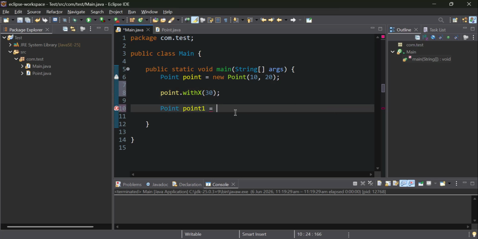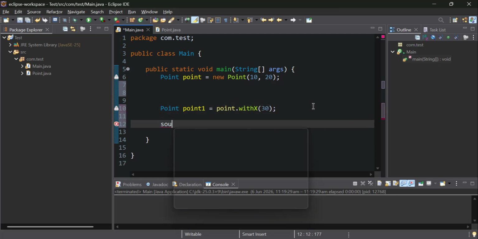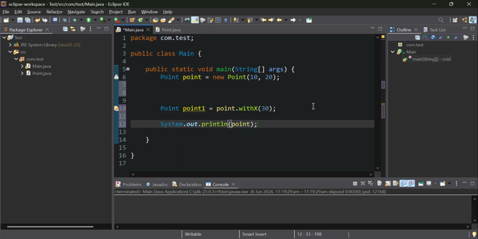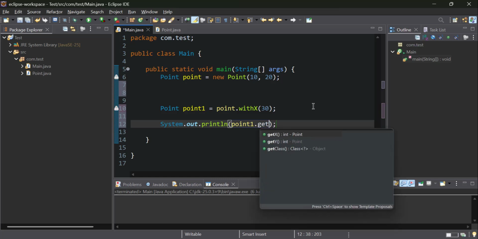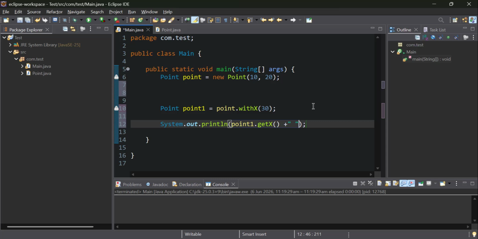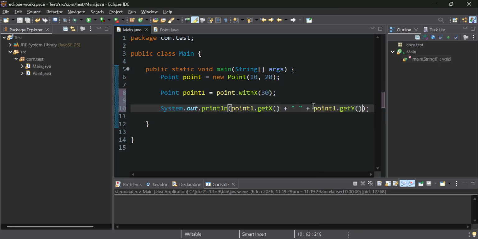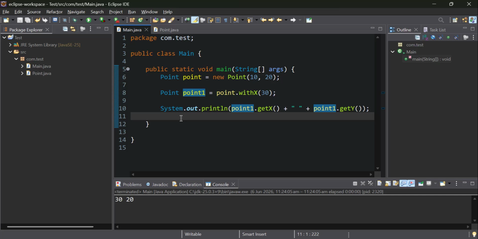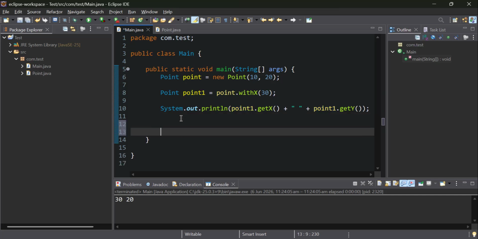let me delete this. Let me again print now the values for the point. We'll say getX and getY, and we have 30 and 20 values. So these are two different objects,